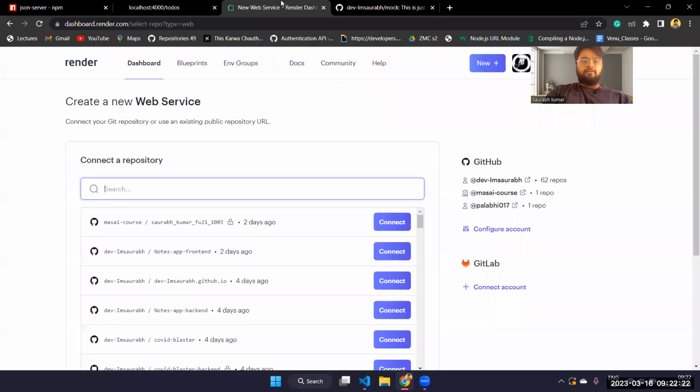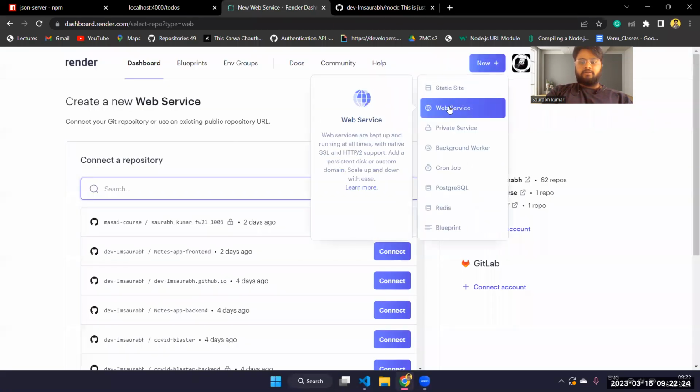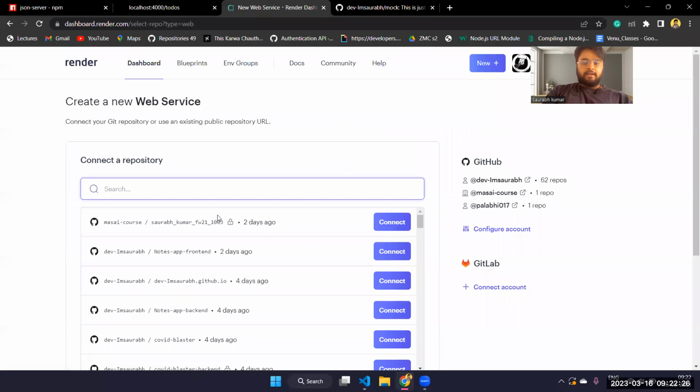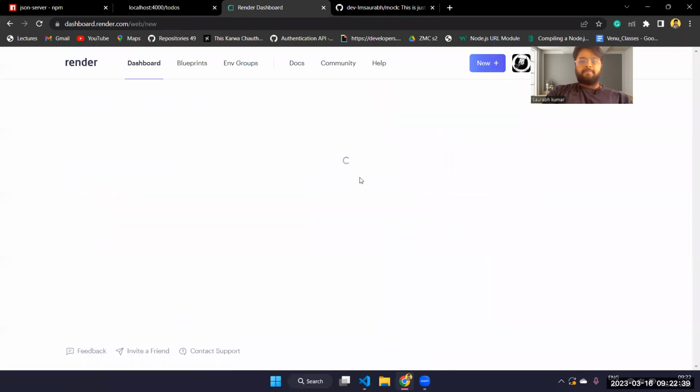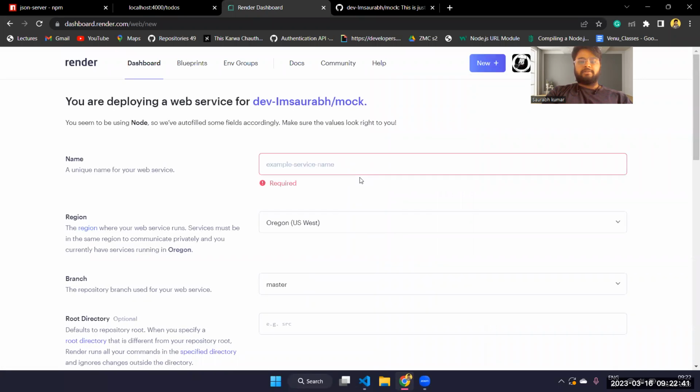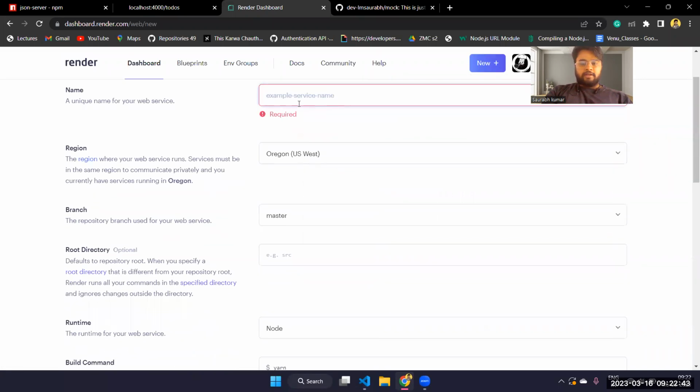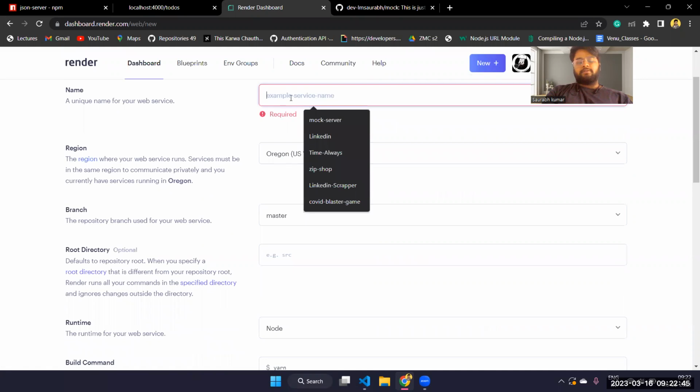Okay. Now go to Render, and you will create a new web service, and you will see our repositories, whatever we have deployed. You can see here. So basically, you have to just connect your GitHub here, and once you connect it, you can see your repository here. Now just click on connect, and it will start to deploy my server. So basically, before that, we have to